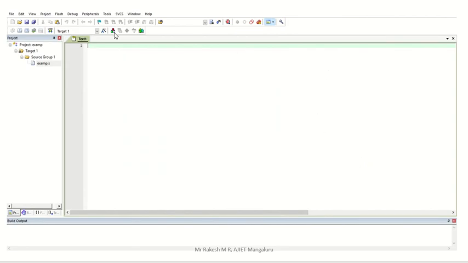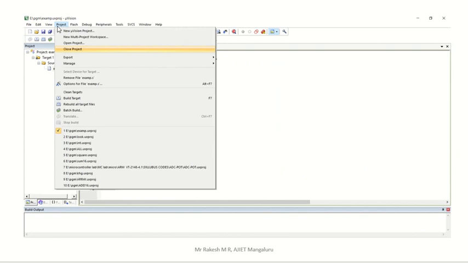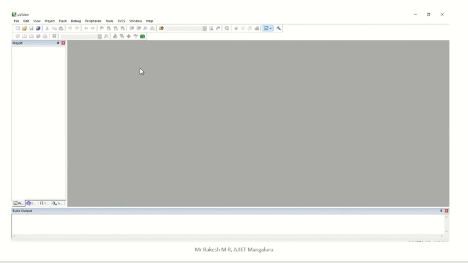First, after double clicking your Keil software, you will get this window. If there is any previous working window, we have to close that. For that purpose we go to Project and click on Close Project. When you click Close Project, then you will get this screen.